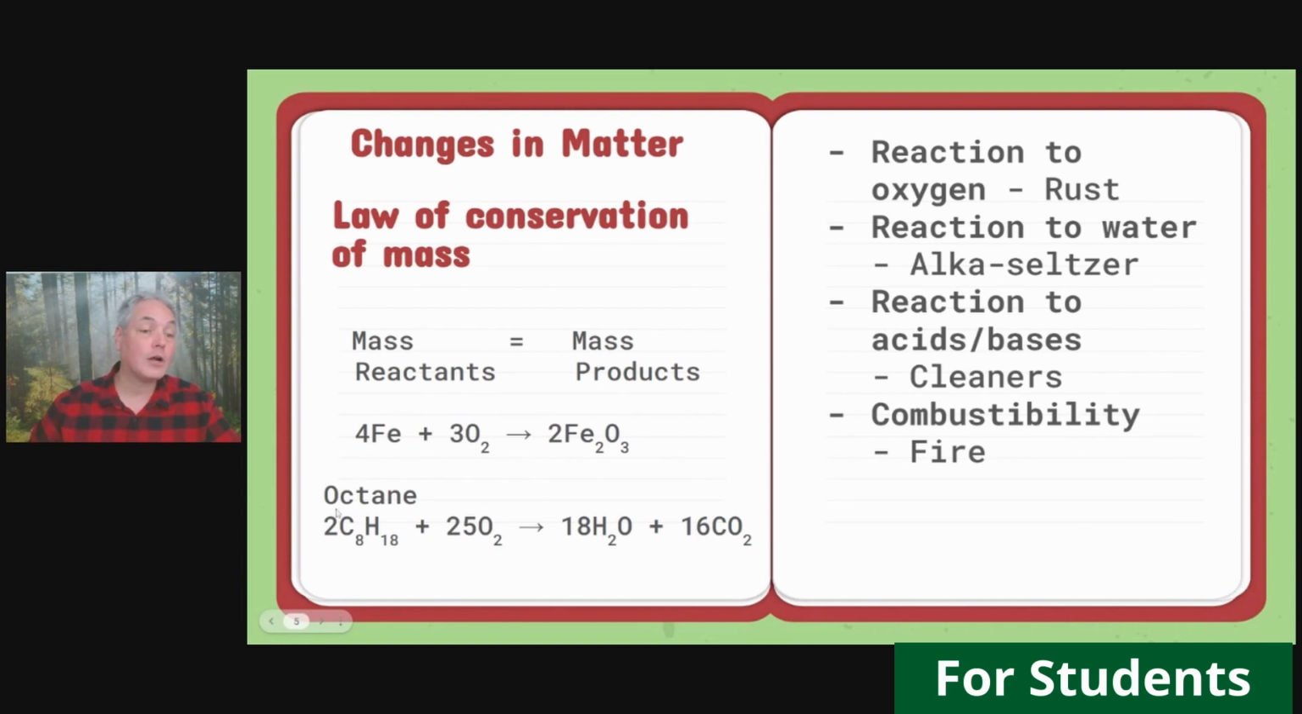So the number of carbon on the reactant side equals the number of carbon on the product side. So the mass remains the same. So here, the law of conservation of mass. Same thing with the hydrogen. We have 18 hydrogen per molecule of octane, and because we have 2 of those, it's a total of